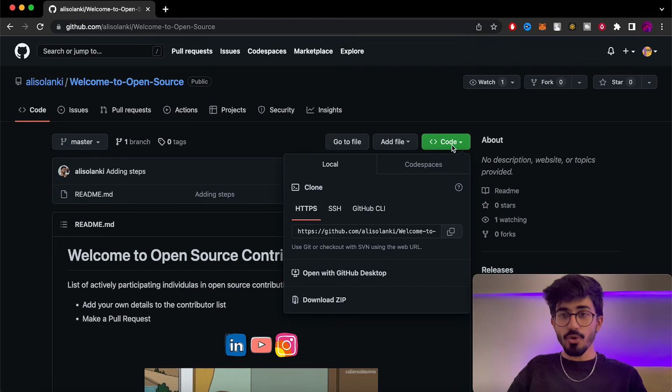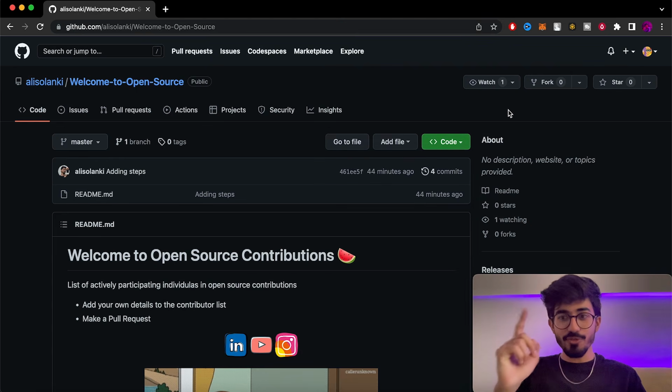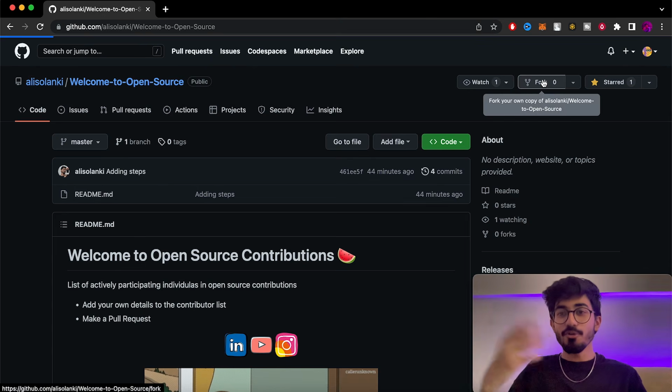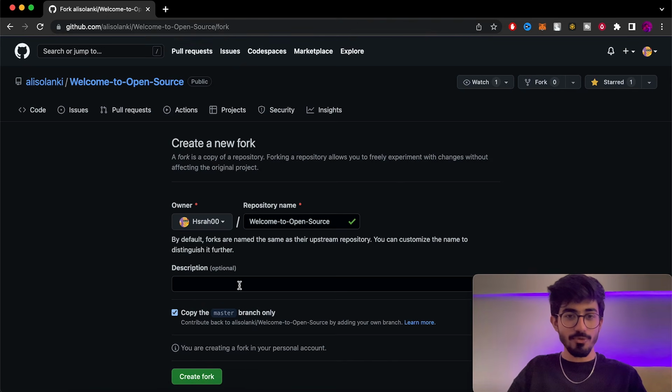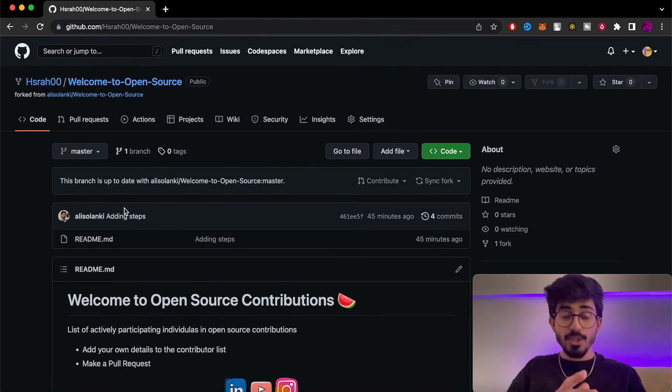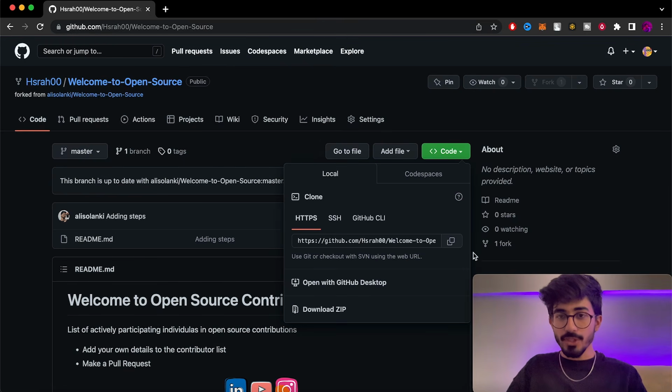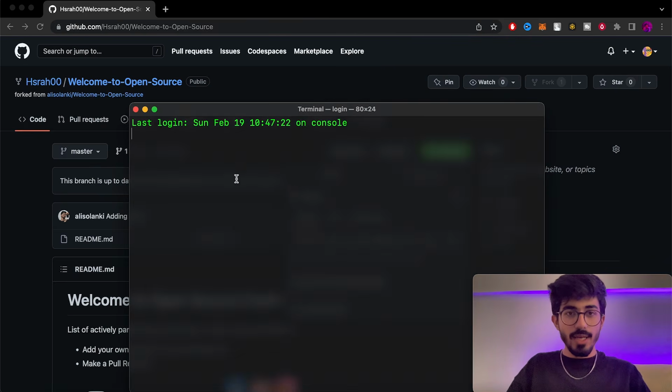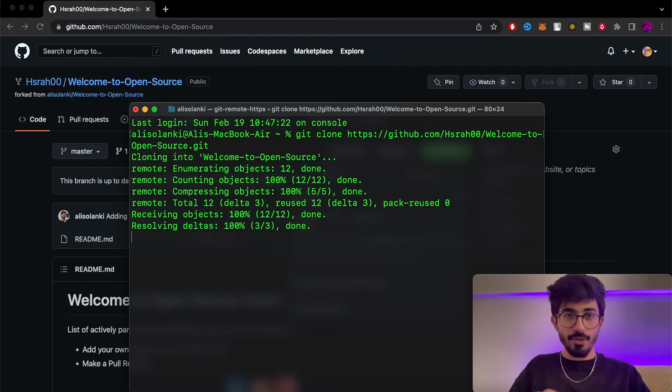Over here, okay, we forgot the first most important part, which is to star the repository and then fork it, right? So let me just fork this repository. You can add your description if you want and we'll create the repository. Once we have this in place, we can press on code, copy this link, and we will be cloning this repository. Open up your terminal, type git clone, and then add your repository.